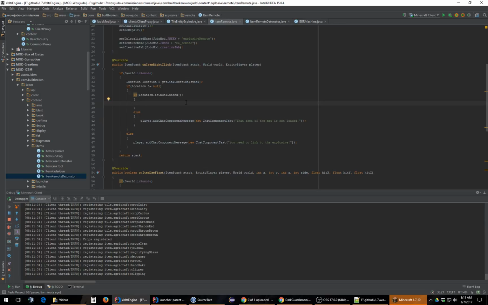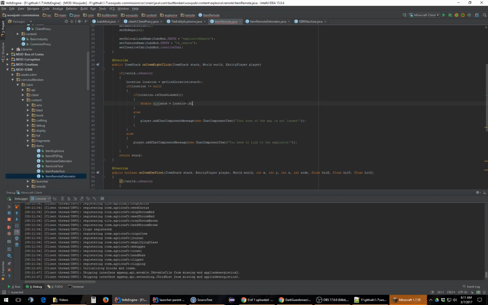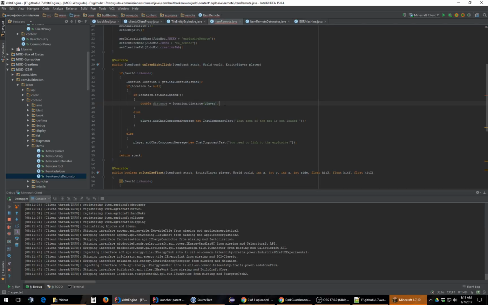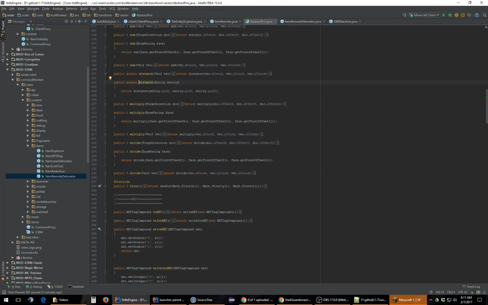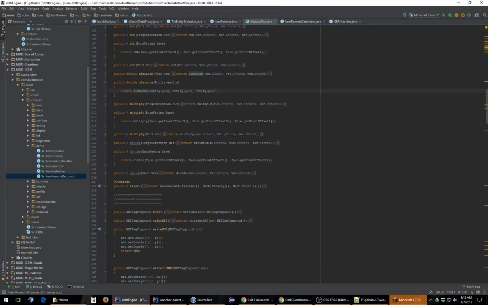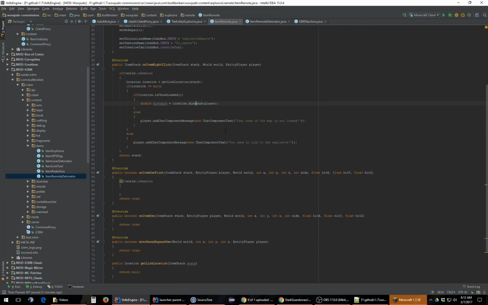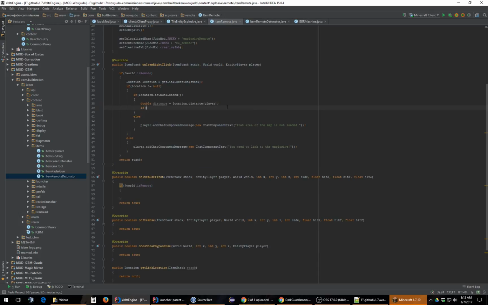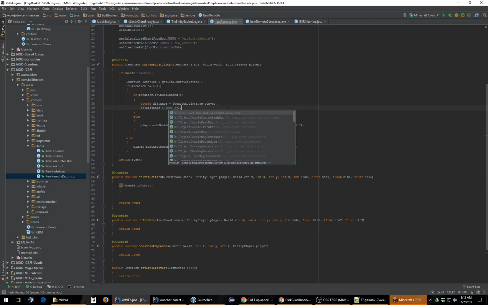And then we'll do one last check here, which is distance. So double distance equals location dot distance to player. I've got these all built as methods here. It's really simple math. What we do is, one, we get the player location. We subtract from the current position the location, and then we get the magnitude, which just kind of normalizes and stuff. That gives us our distance, then we got our exact distance to where we're at, and we can use that for checks. In this case, we're going to go, if distance is less to 100,